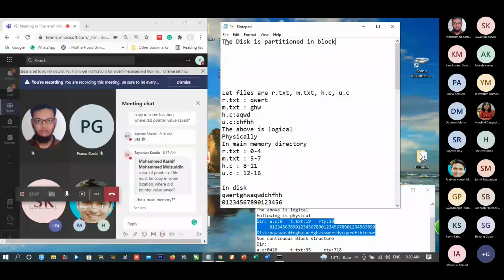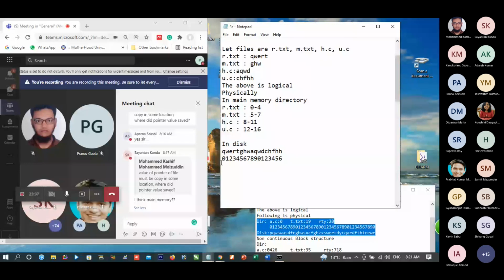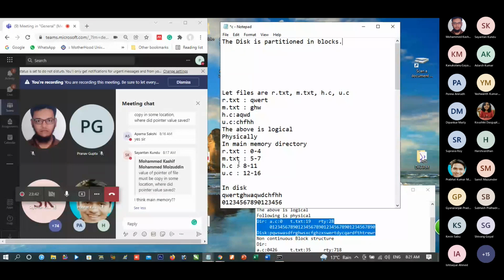Disk is partitioned into blocks. Block basically means, previously we were seeing that address 0 was storing one letter. Block means a group of letters. Every block stores a few letters.